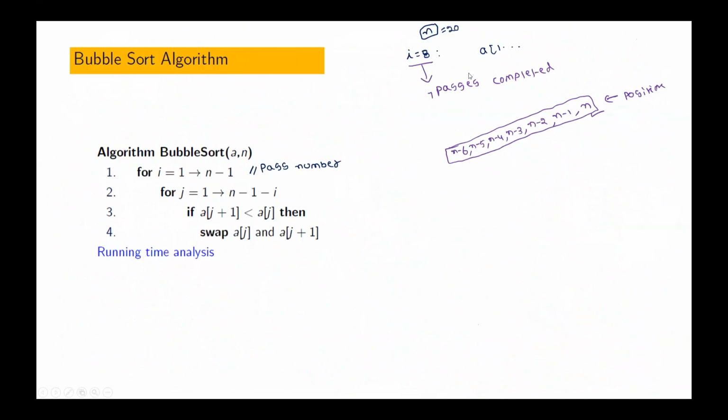Okay. So if i equal to 8, what does it mean? Already 7 passes are completed now. Pass number equal to 8 means 7 passes are completed. If one pass is completed, the nth position will have the actual element. Second pass is completed means n minus